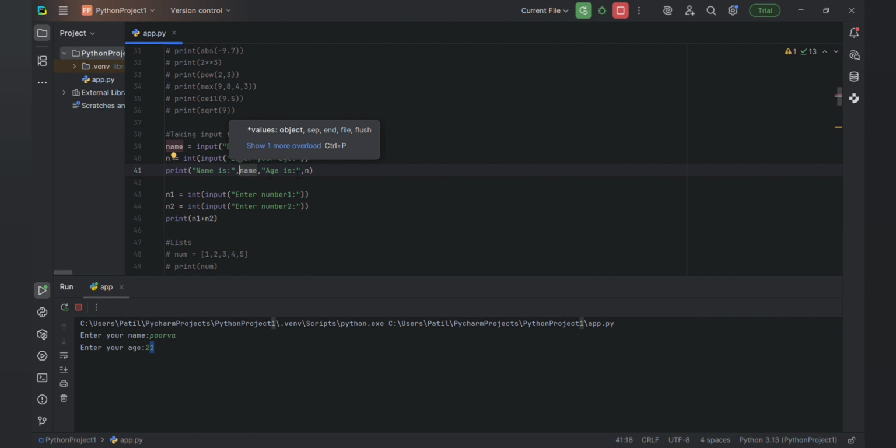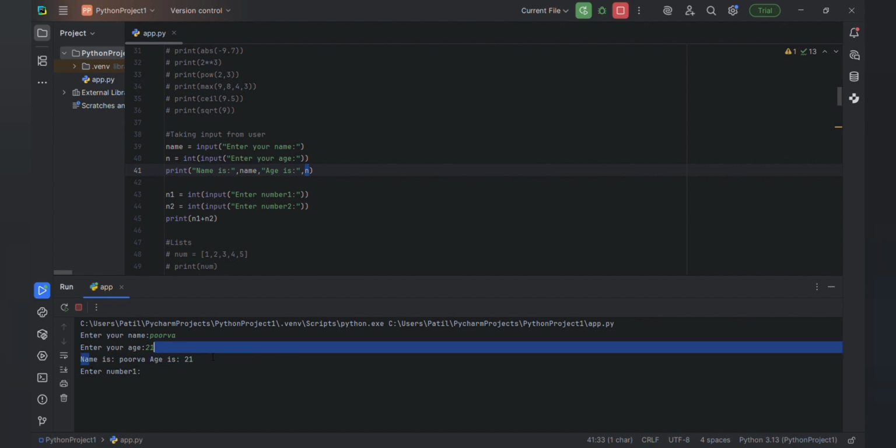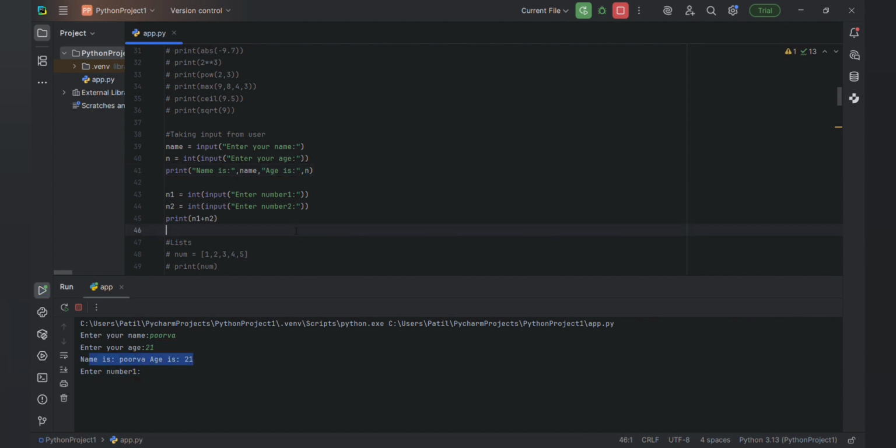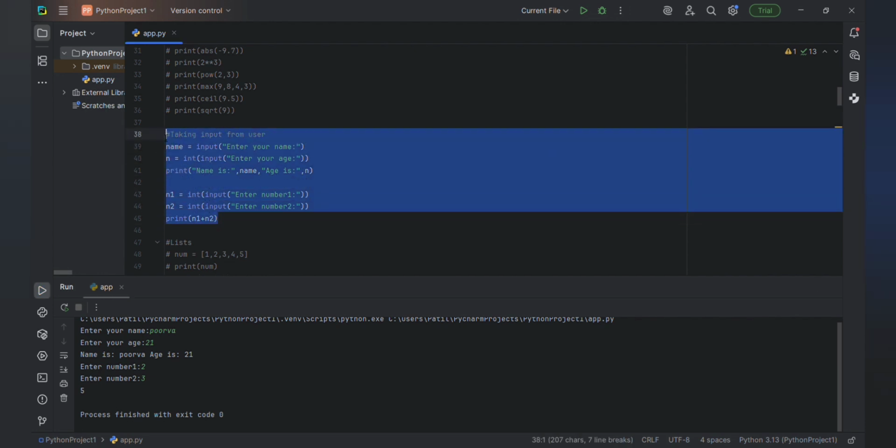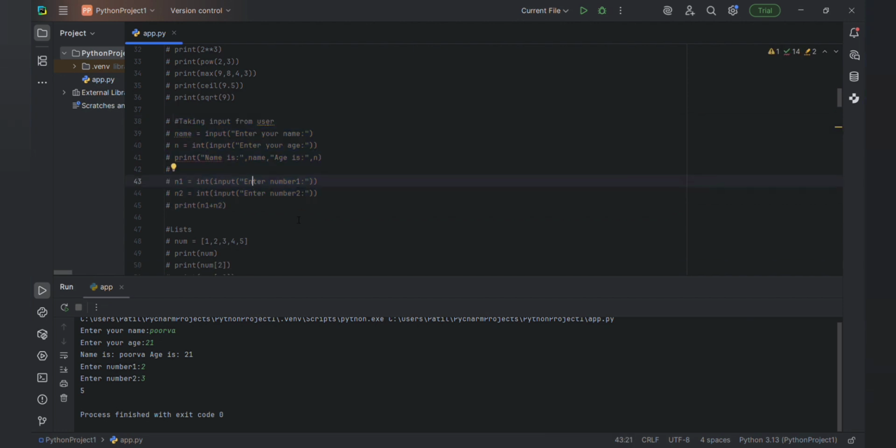Age is n, which means 21. Let me show you the output. It gives name is this and age is this. If you want to add two numbers, this is 2, this is 3, and the result is 5. This way you can take the input from your user.